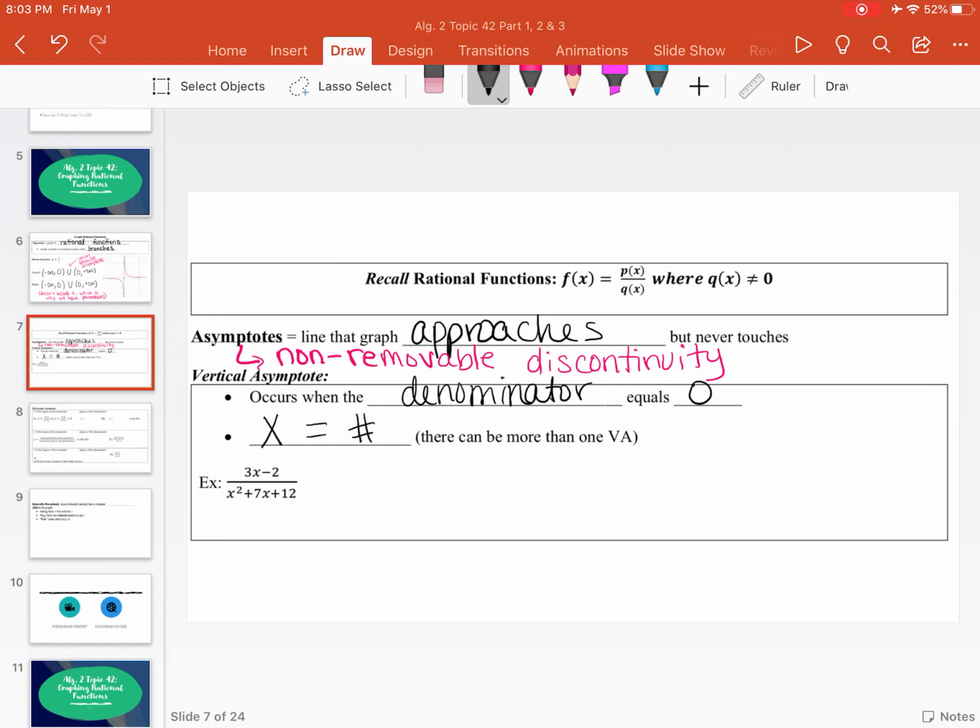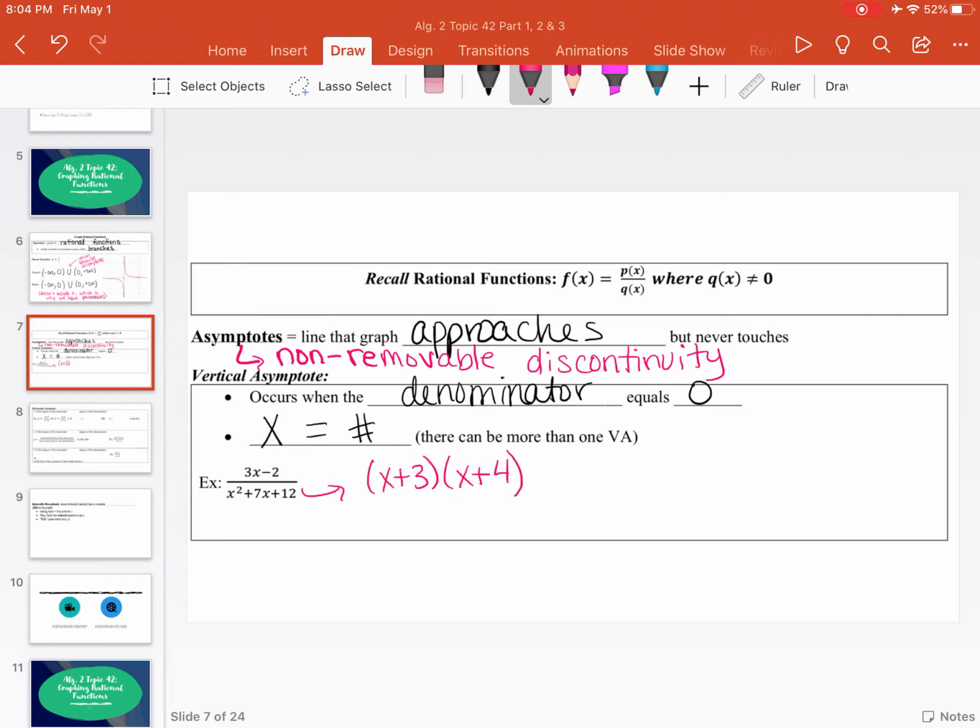Now there can be more than one vertical asymptote. So let's look at this example below: 3x minus 2 over x squared plus 7x plus 12. Since we're just focusing on the denominator with a vertical asymptote, I don't need to think about the numerator right here, at least because it's already in the most factored form, 3x minus 2. So I'm just going to look at my denominator. I can factor x squared plus 7x plus 12 to be x plus 3